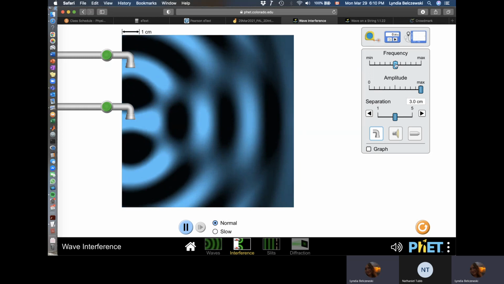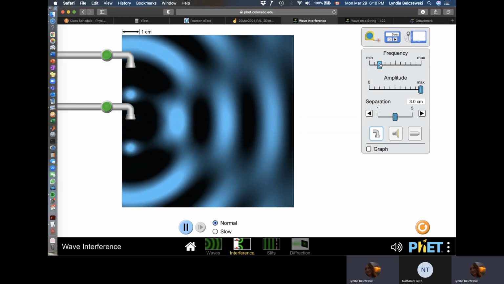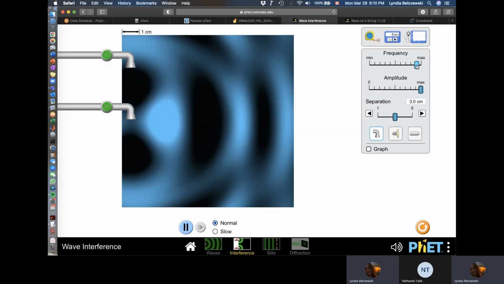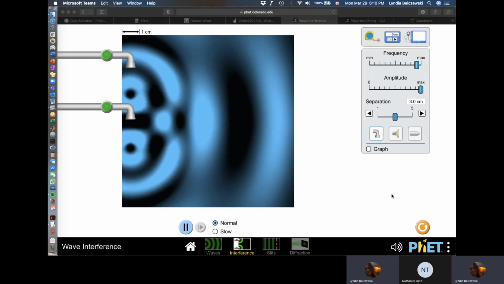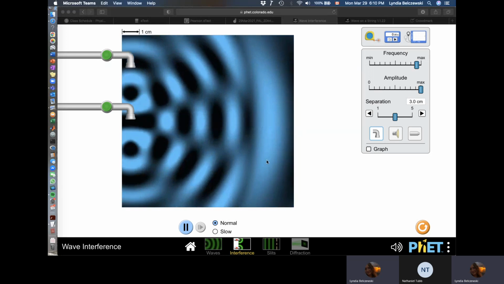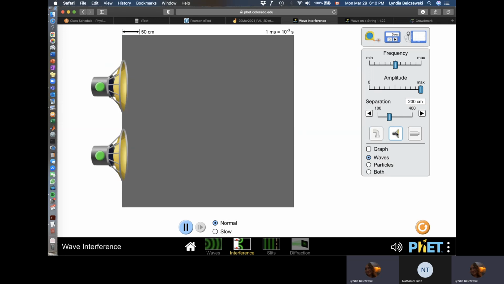With the frequency button, you can play around with the frequency to see the space separation between waves. If you click this button at the bottom, it resets the whole thing, so you don't have to undo a lot of changes. And I guess the last main thing to look at is that you can select